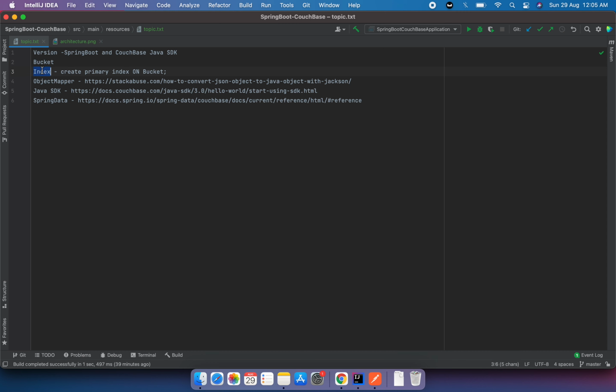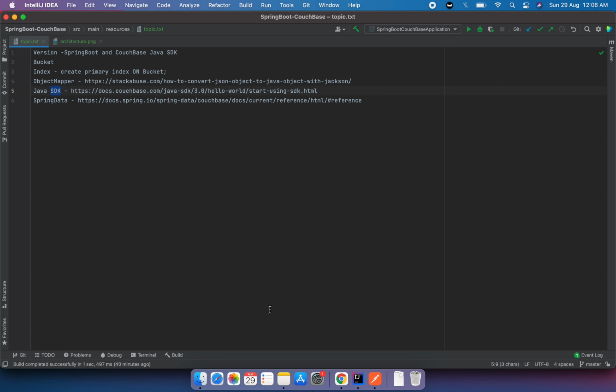And also important, we need to create an index. On the bucket we'll be writing some queries and trying to execute them. For executing the query we need to create an index on that bucket. So that is important, and I will cover that way. And yes, the object mapper, this is simply writing, because the document which we get from the Java SDK using N1QL queries will be in the form of JSON, which we can convert to our Java objects using the object mapper. I have also included that somewhere in the project, and I'll explain that. And the two important things are the Java SDK and Spring Boot.